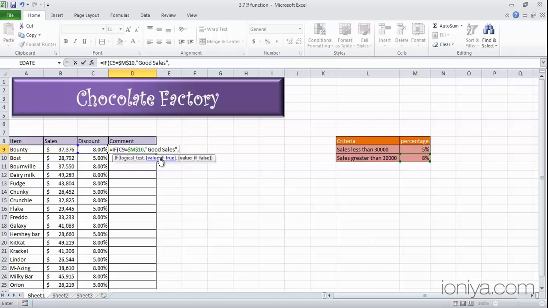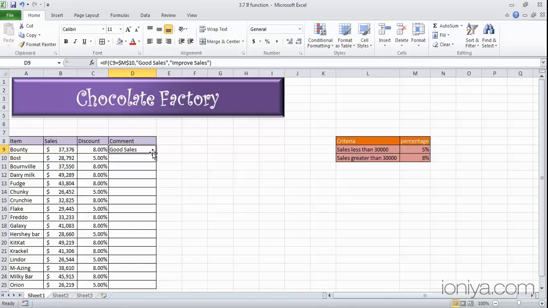Now we have to enter a comment for the condition which is false. That is, chocolate having a discount of 5%. Open inverted commas and type in improve sales. Close inverted commas, close parenthesis and press Ctrl and Enter.